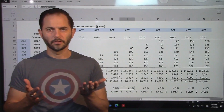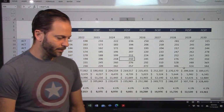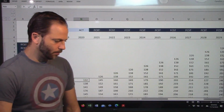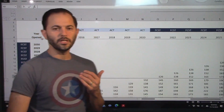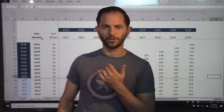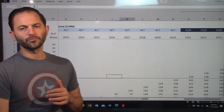Let's go forecast. So what we're gonna do now is this is a forecast. All I've done is I've taken the same pattern that they were following before, where they had stores out into the future. I've now assumed 20 stores opening every year. And I'm blocking the 20, it's tough to see, but you can see it if I move it to the center. You can see the 20, I'm using 20 stores every year. I'm pulling average revenue that